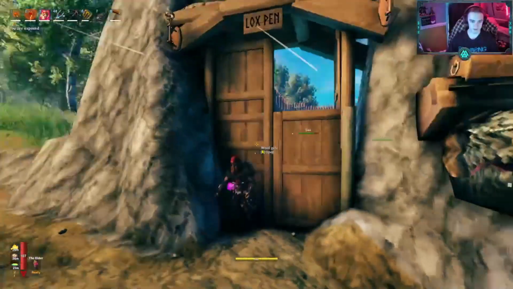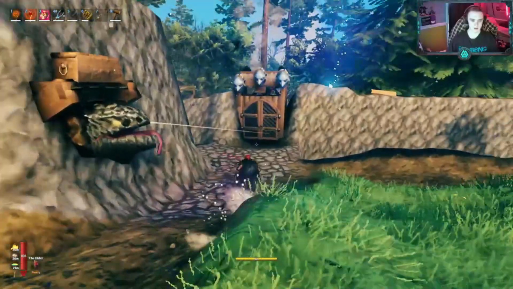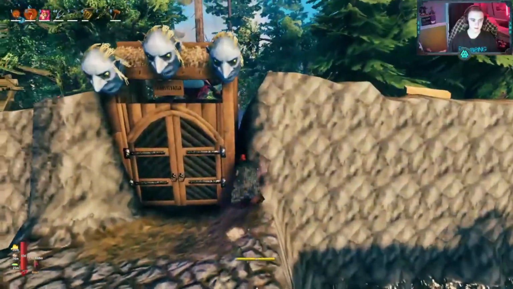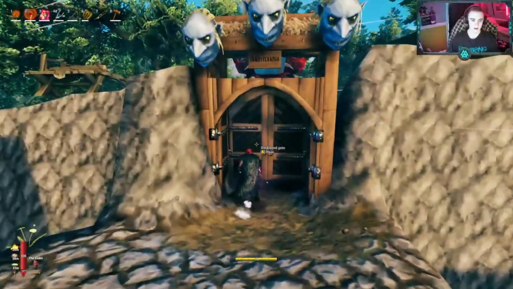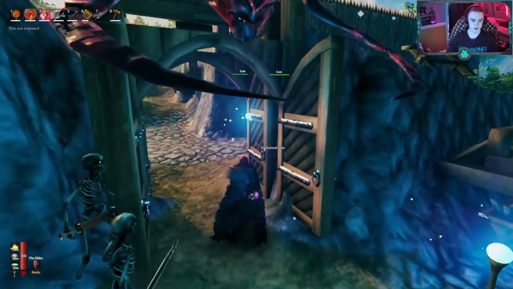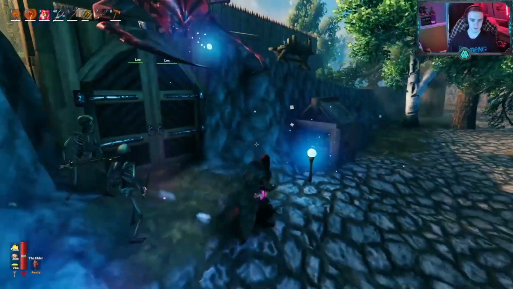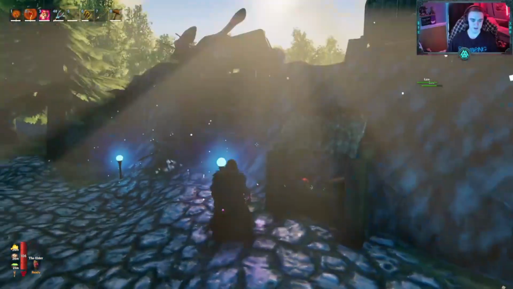So let me figure out how I'm closing this. That's our little lox pen. We got a couple of lox in there. And then this is, we upgraded the main gates to Darkwood now, which I think is much better. They're a little more beefy and they look nicer, so we got a forge at each of the entrances for